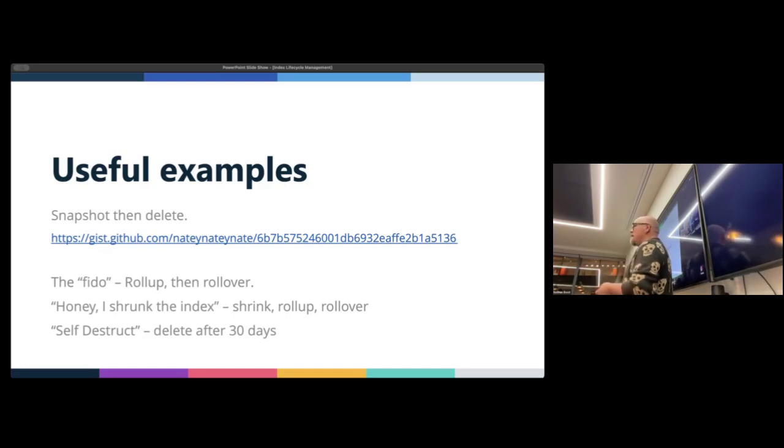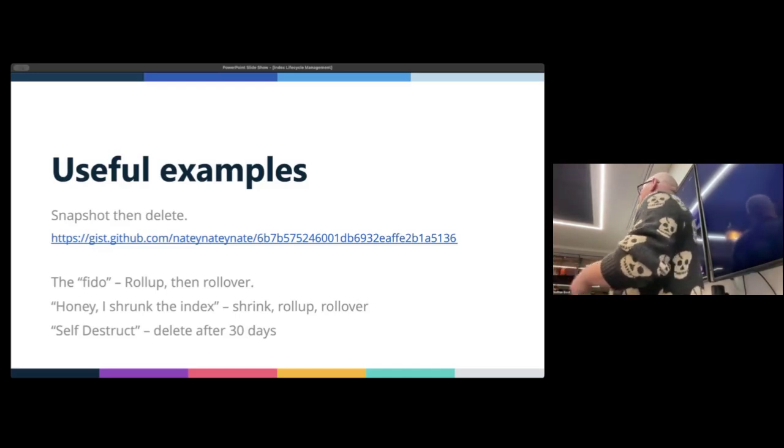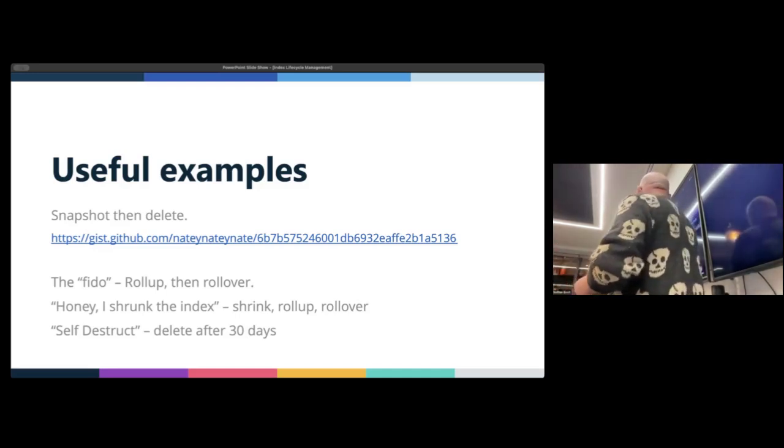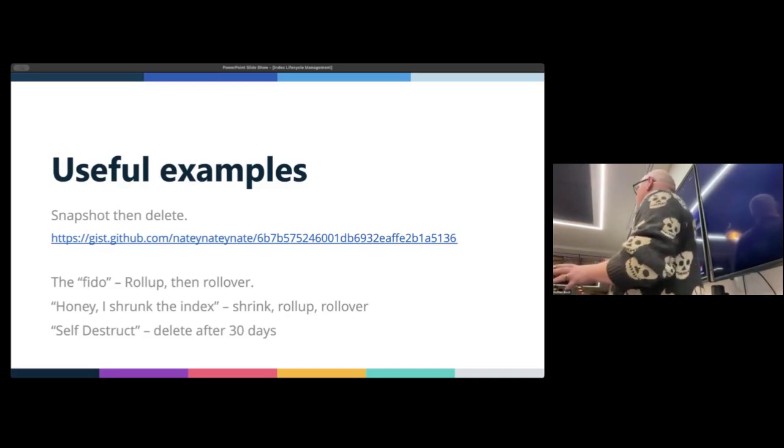And then my favorite, for data that is not important whatsoever, you're just playing with something, is the self-destruct. You can have an index that deletes itself unconditionally after 30 days. Not recommended for important data or anything someone else might want to look at later, but if you're just goofing around and you're thinking, in a month, I don't care about it, you can just have it delete itself. So those are some common ways to implement those. If I'm good on time, I might show you the UI where we can see where some of these are defined.